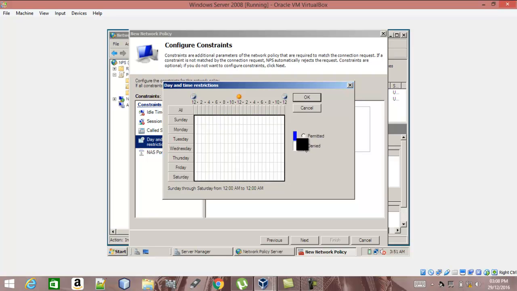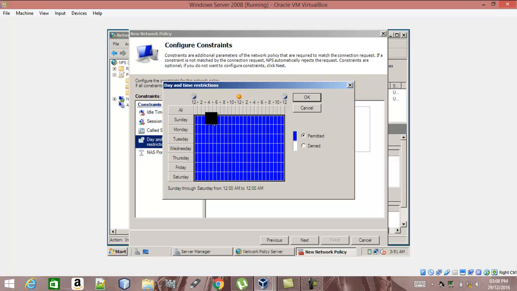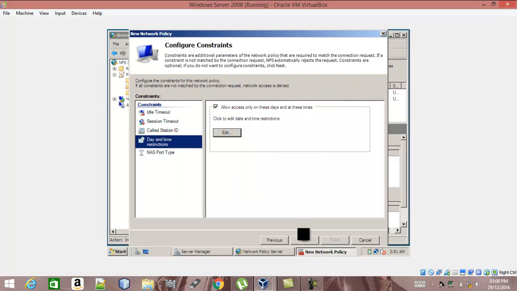So just for the sake of this, I'm just going to select some on Sunday, click select denied, and as you can see, from the hours from 4 to 1 on Sunday you can't access it. So I'm just gonna click OK. I'm gonna click next down here,